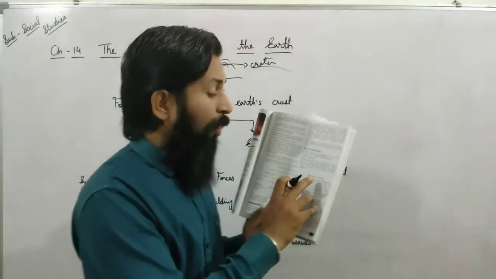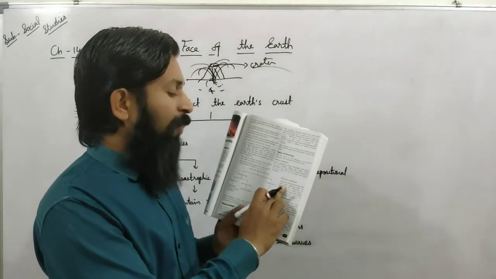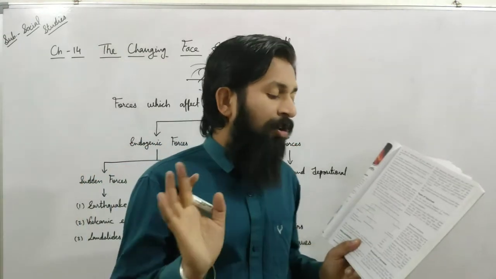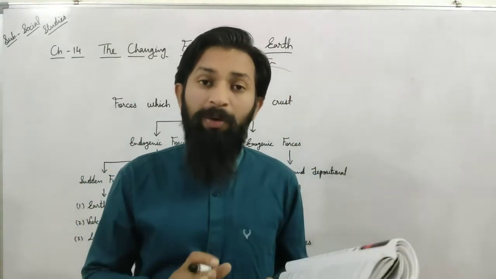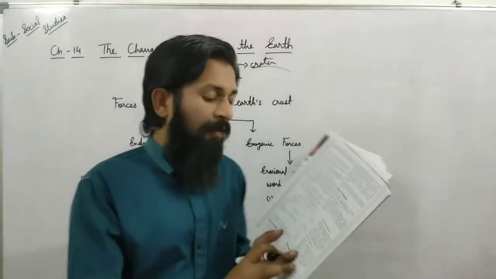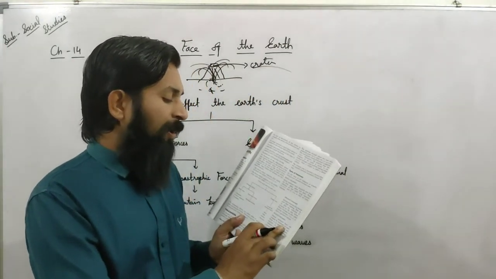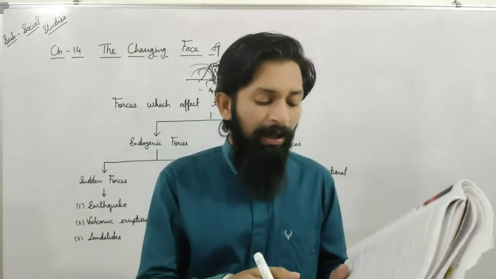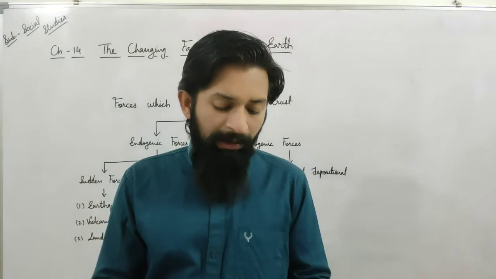The second one is dormant volcano, which has become quiet after erupting. They do not show any indication of erupting in the near future. This type of volcano is known as a sleeping volcano also. Extinct volcanoes have not erupted for hundreds of years. There is no possibility of any eruption in the future, like Kilimanjaro in Africa and Rainier in the USA.